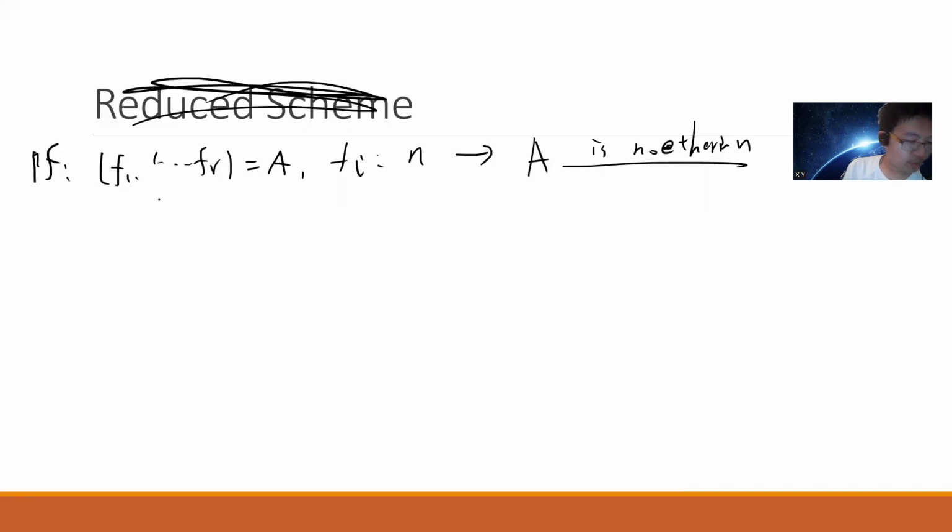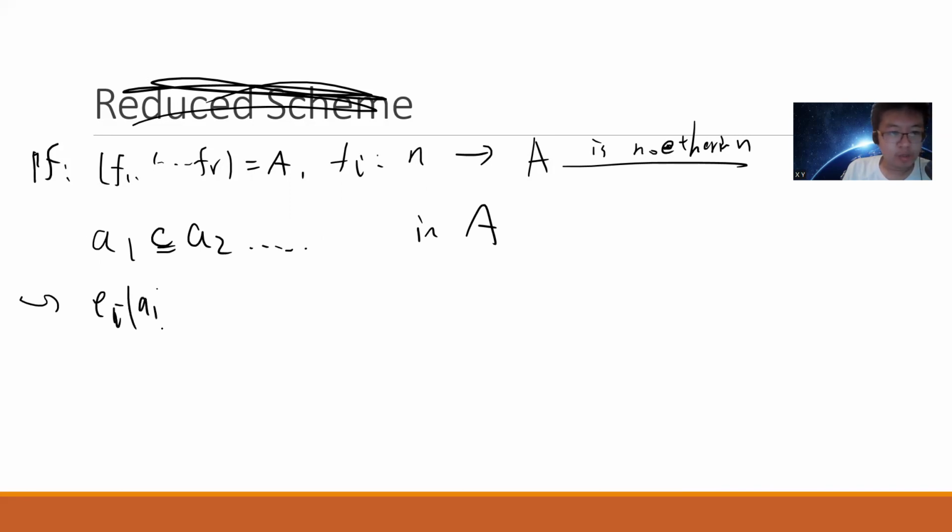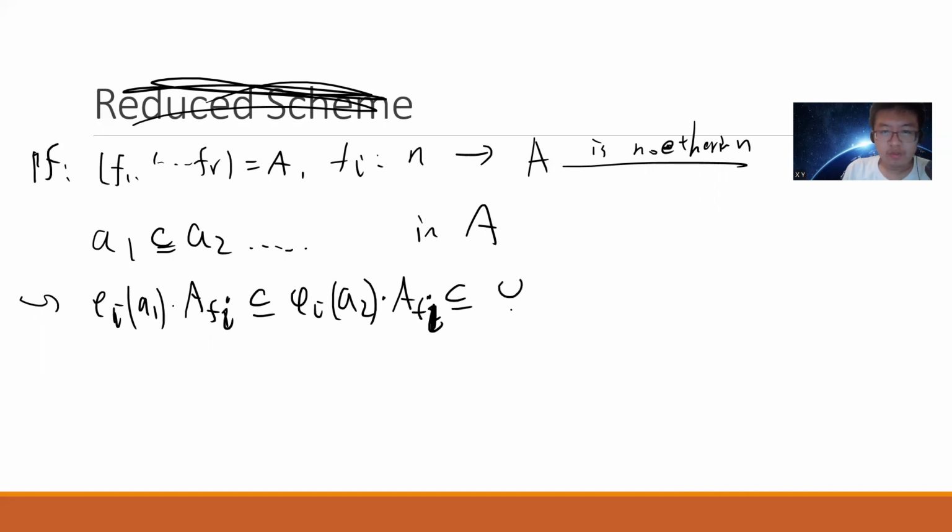Proof, very simple. Suppose that we have ideals A_1, A_2, let's say an ascending chain in A. That means that we always have φ_i(A_1) A_{f_i} is a subset of φ_i(A_2) A_{f_i}, which is a subset of φ_i(A_3) A_{f_i}. This is just by definition. So we have this. Now, if we take all the intersection,